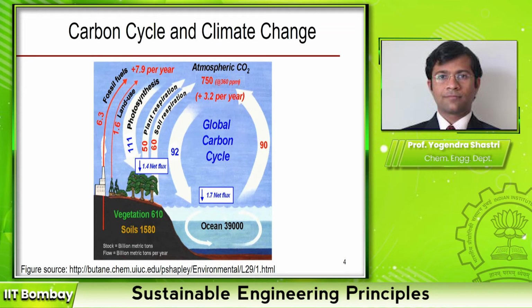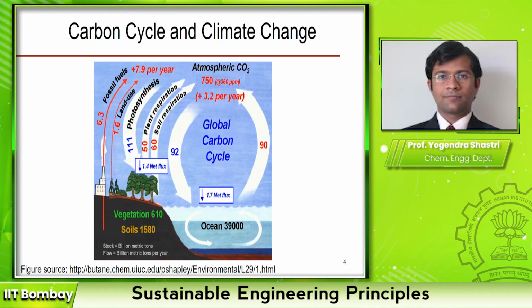So the reason we focus on carbon footprint is because carbon plays a very important role in climate change. As we have previously seen in this course, climate change is one of the major concerns, and it is driven by greenhouse gas emissions, and carbon dioxide is one of the major greenhouse gases. So this picture broadly shows the global carbon cycle, and as you can see, carbon actually moves from one system to another, or one component of the ecosystem to another component of ecosystem dynamically. So there is always this flux going on.